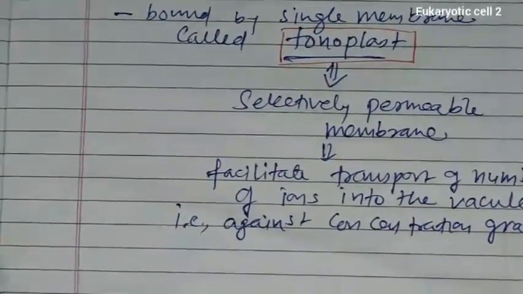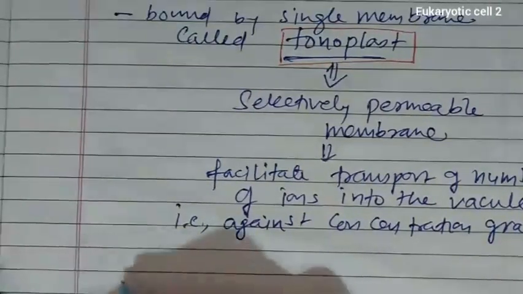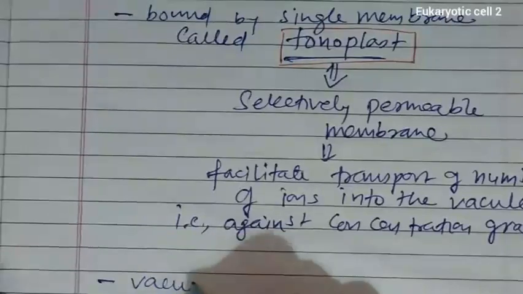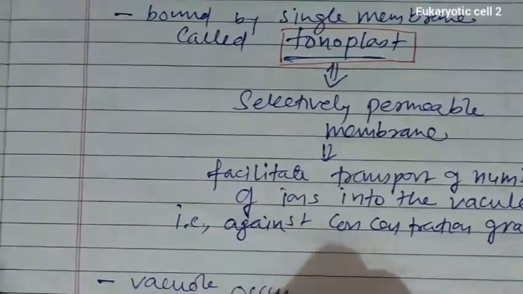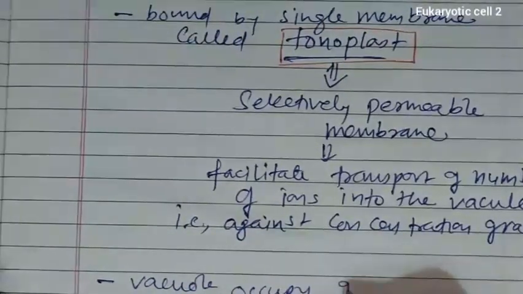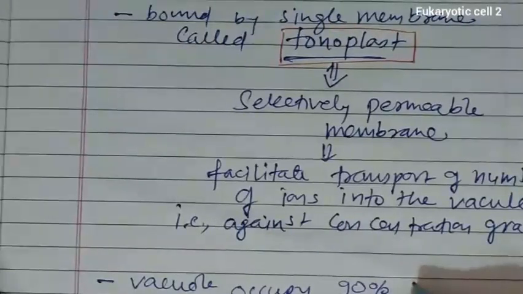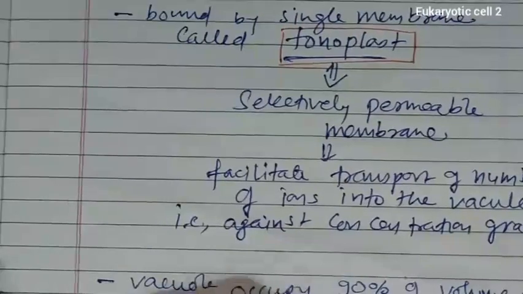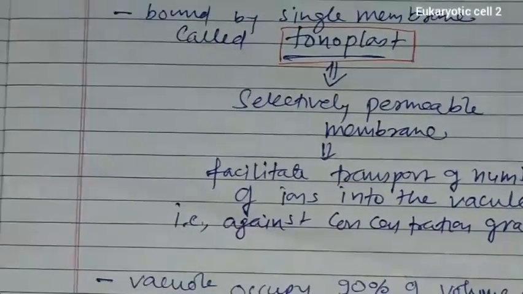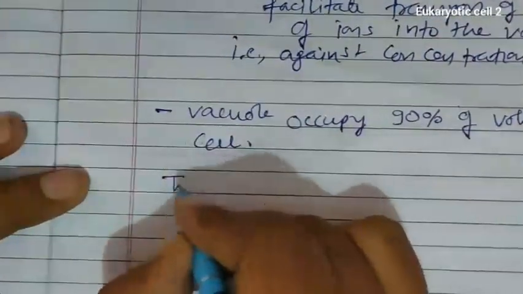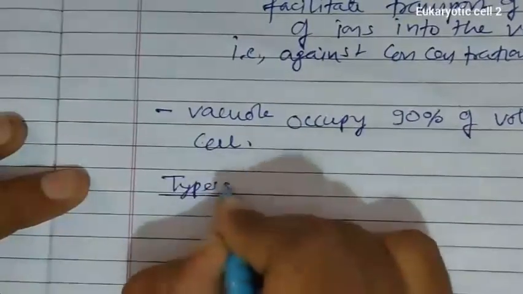Okay, vacuole occupies 90% of the volume of the cell. It occupies 90% of the volume of the cell, and vacuoles are of several types, in which first is